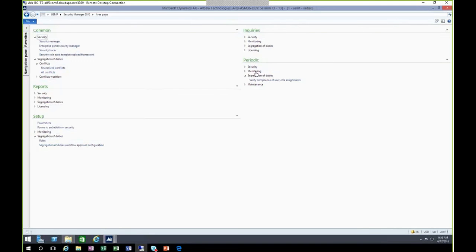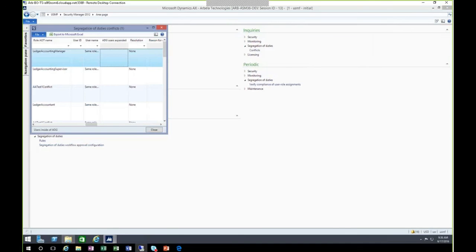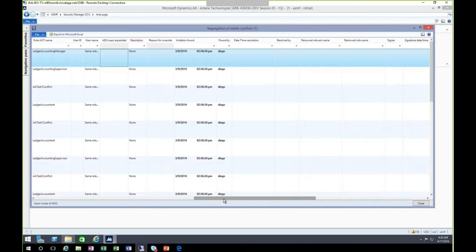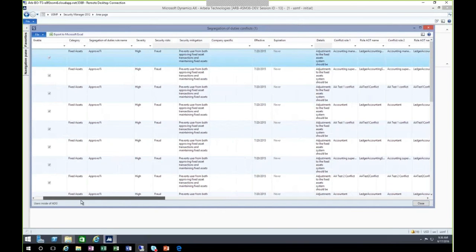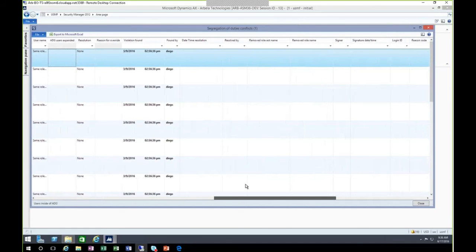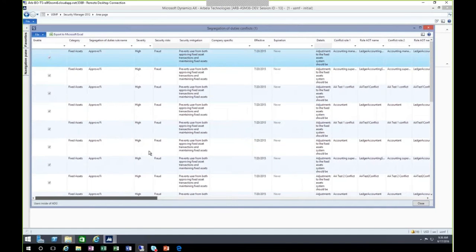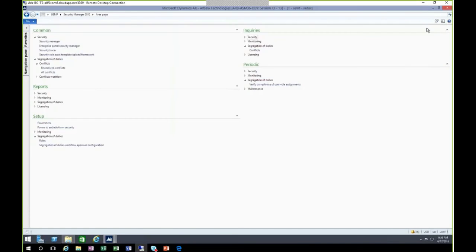So what about reportability? We have segregation of duty conflicts. We have resolutions. Where do I view the totality of this? We have an inquiry under segregation of duties. Essentially, any information that we need about a segregation of duty rule, or a segregation of duty conflict and the rules that are applying to it, I can pull up. And then, of course, I can export this list to Excel. Under reports, I have the standard segregation of duties rules list that I can pull up, or I can pull up the conflicts in a report form if I wanted to put it out as a PDF, for example.